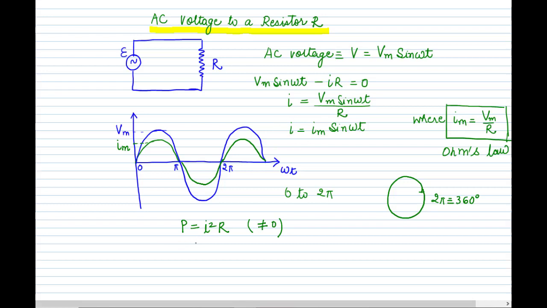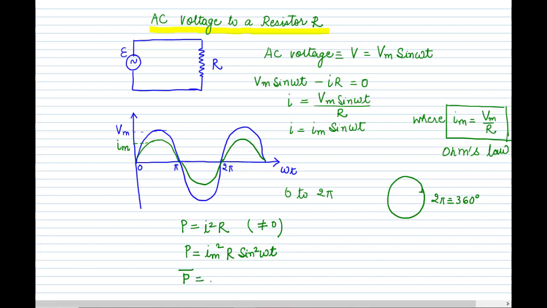So if you want to write down P is equal to I square R, put the value of I is equal to Im sin omega t. So P is equal to Im square sin square omega t, and R is also there. So Im square R sin square omega t. So this is P. Now we want to take the average of this power P over a complete cycle. We have taken the average for the voltage. It comes out to be 0 because similar plus and minus makes 0. We have taken the average for current because similar plus and minus for the green graph makes 0. Now we want to take the average of this power P. So for the average we use a symbol, we put a bar over the power. So this shows the average.